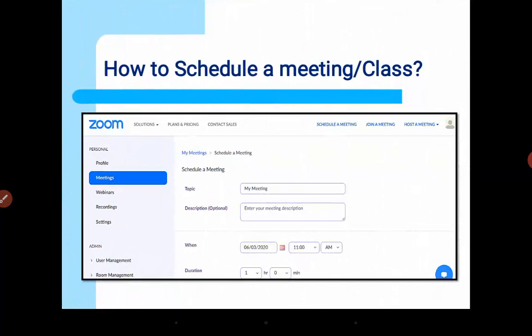It is not like, okay, just click on host a meeting and instantly the students are required to join in. You must schedule a meeting beforehand, some 1 or 2 weeks before, and then you will let the parents know that at that time the meeting will be started. So the meeting will be started automatically, you just need to join in. So this is a better option. You can put in all the details and then save it, generate an invitation and send it to all the participants.